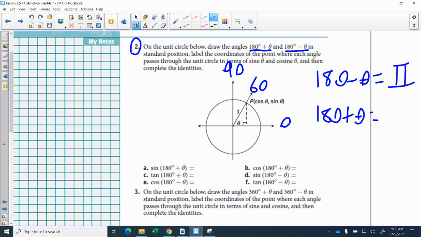Well, with that being said, let's actually look at how this would work. If I look at sine of 180 plus theta, okay? Once again, I want to understand what's happening within that quadrant. So if I do sine of 180 plus theta, like letter A says here, technically that's this coordinate here or this theta. And if I add 180 degrees to it, I'm down here in the third quadrant, okay? In that quadrant, we're basically trying to think of what our coordinates are doing. Well, in this quadrant, you have a negative x and a negative y, which means for letter A,